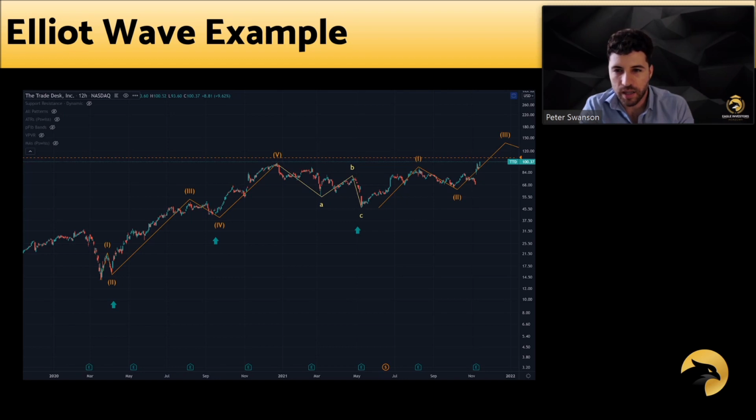So an example here of potential impulsive movement tracked on the trade desk here would be that you had a 1, 2, 3, 4, 5 for the impulsive movement, and then you had corrective movement down in 3 waves, and then starting another impulsive move. And so, as an